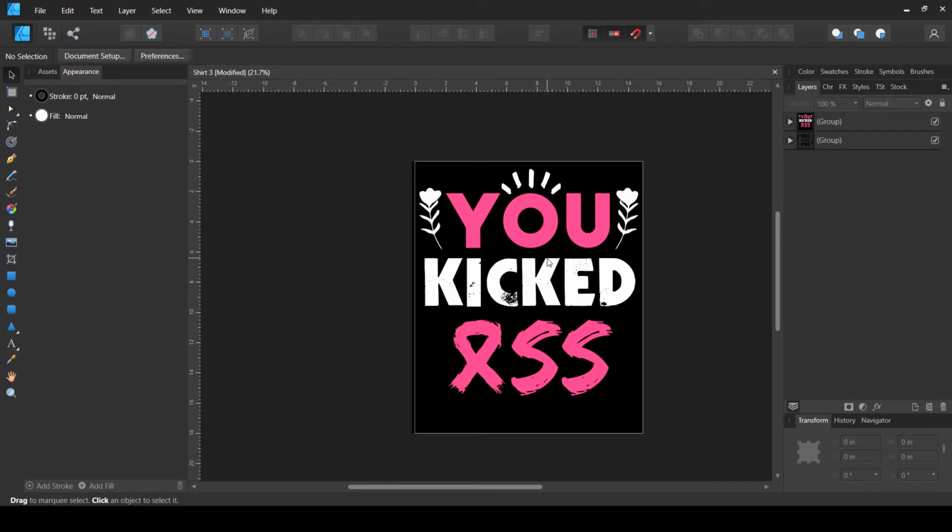And again, I've chosen two colors, the white and the pink, but as you can see, I have sandwiched the white letters in between the two pink ones. You can do otherwise: you can use the U and this third one to be white and make the middle one pink. So on this design you can see it is a little bit more complex editing as compared to the previous two designs.